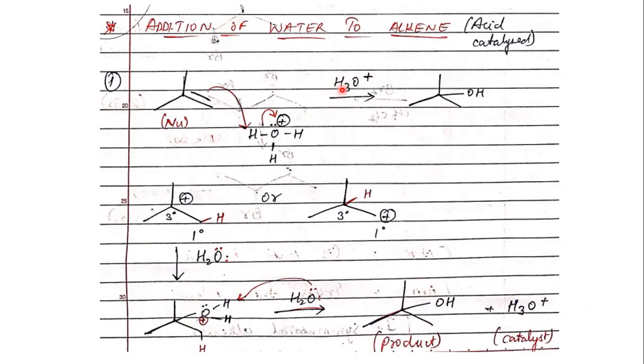So you started with H3O plus, and you are forming your H3O plus back. So your catalyst is again reproduced. Eventually your product is also formed in the process. If you can see here, this was the product that was to be formed. Here, this is how your product is going to be formed. This is how water addition takes place over alkene.